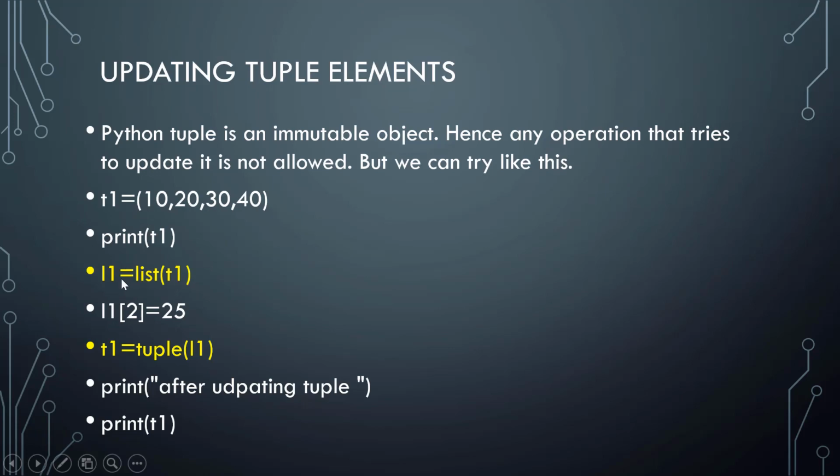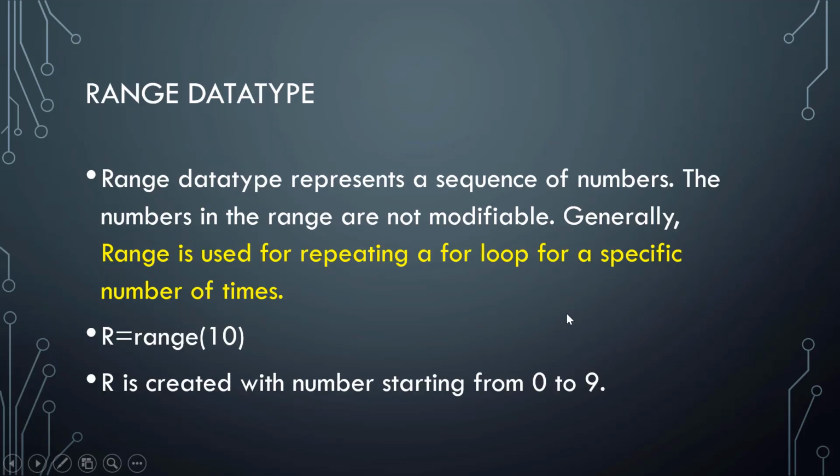Okay. So now we are moving to the range data type. How to use range. In sequences, if you go back to the sequences, we have so many types like str type, and then list, tuple. We have seen all these things. Byte array, and then range also. So let me go back to the previous slides and show you quickly. Yeah, these are the sequences we have. So till now we have seen str, bytes, byte array, list, tuple. Now we are moving to range type.